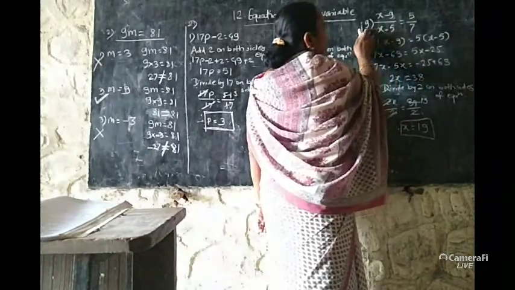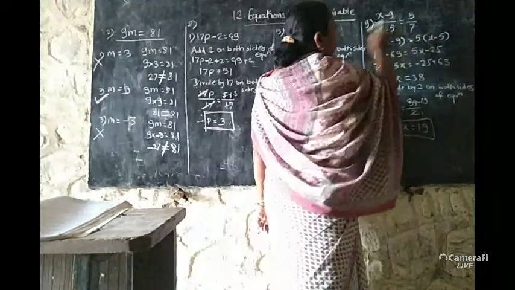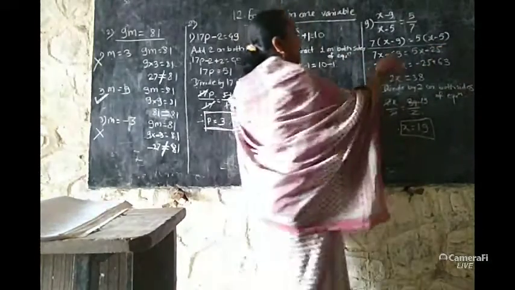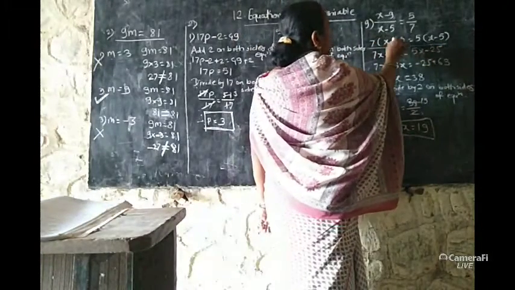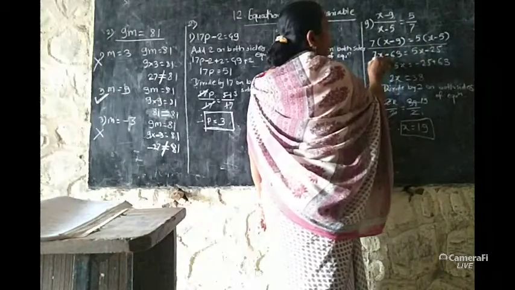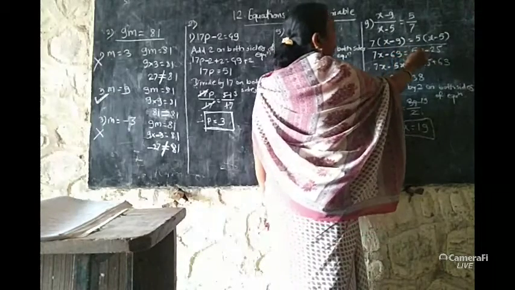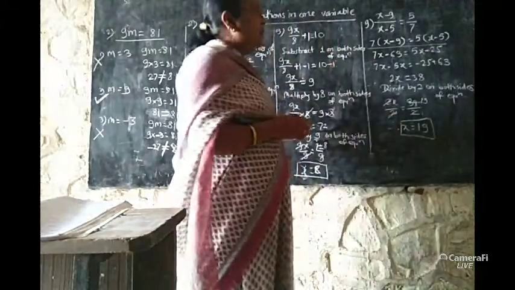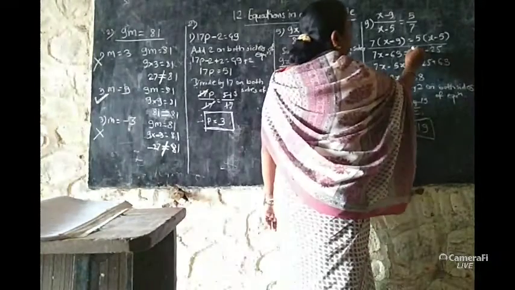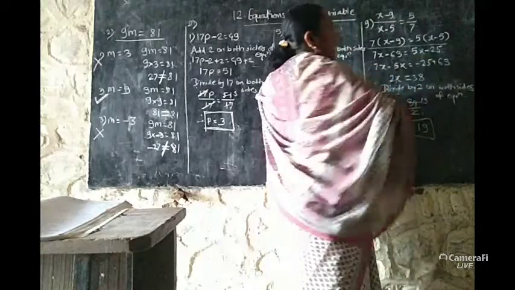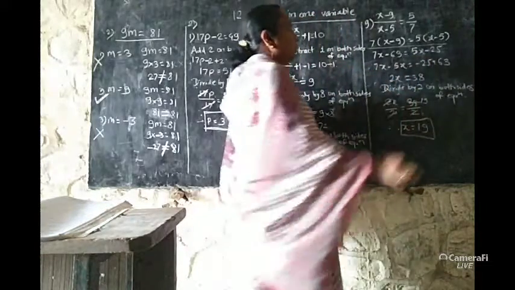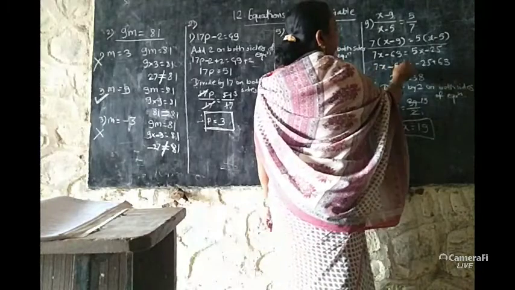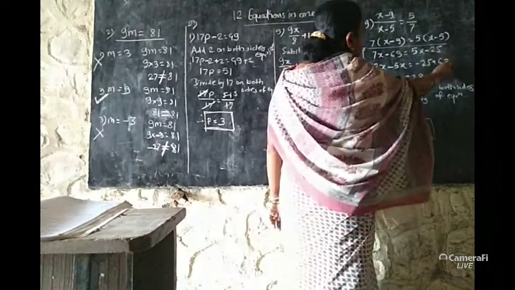So we have to take 7 on the right side and x minus 5 on the left side, and the equation is obtained. Do multiplication, multiplied by 7 to the numbers in the bracket, therefore it will be 7x minus 63 is equal to 5x minus 25. Now change the sides, variable on one side and numbers on the other side. Here plus 5x, when we change the side we have to do the opposite action. So here plus 5x becomes minus 5x on the opposite side. 7x minus 5x is equal to minus 25 plus 63.